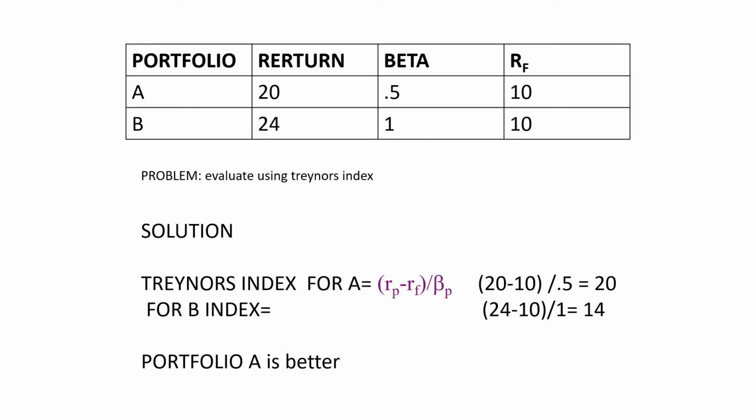Similarly, you have the same direct values that are given. You're given the risk, you're given the return, you're given the risk-free return, and you're given the beta. Instead of the earlier problem, where you were given standard deviation, here it is given as a beta value. So substitute the beta value and find the higher value. So here, if you see, A has performed better. So that is the Treynor's index.